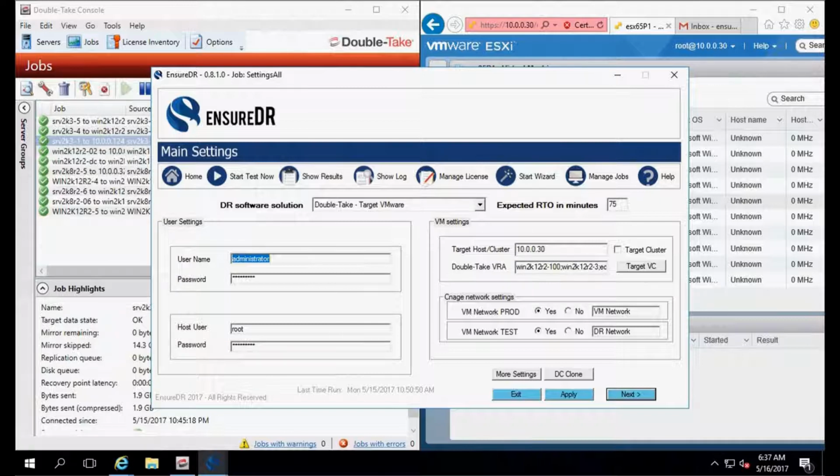EnsureDR makes sure your DR solution will work as expected. Hi, and welcome to the EnsureDR for Double-Take demonstration. EnsureDR will help Double-Take customers make sure their DR site will work when they need it by automating the DR test every few days. It will uncover issues that only live tests can show